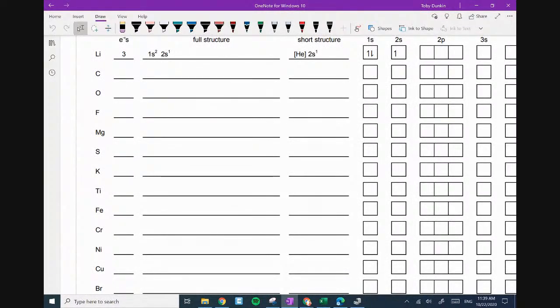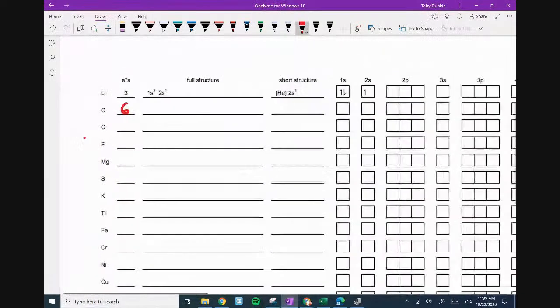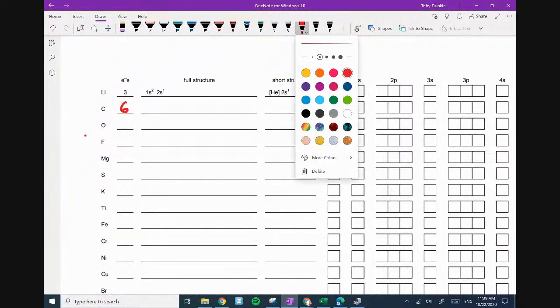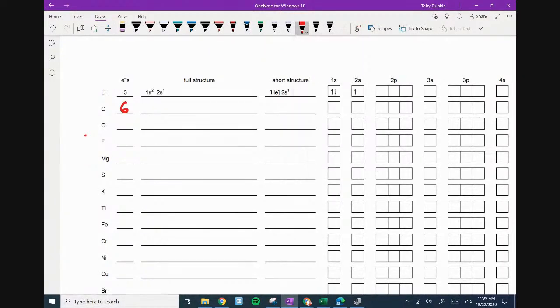So we've got carbon. You'll be able to mark your own here, guys. Carbon, element number 6, has got 6 electrons. Full configuration: 1s2, 2s2, 2p2. The short form will be helium, and it then becomes 2s2, 2p2. Oxygen has 8 electrons: 1s2, 2s2,